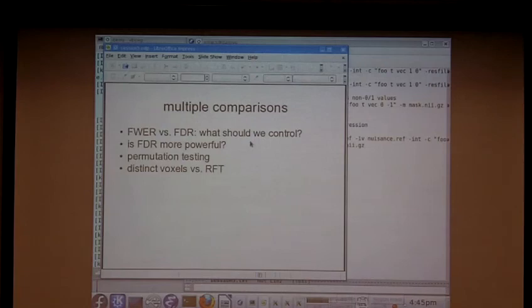It's more powerful because it's more lax. It's a different standard for false positives, and the standard is just that it controls the proportion of false positives. So at a typical false discovery rate of 0.01, it means that you get to report lots and lots of voxels, and